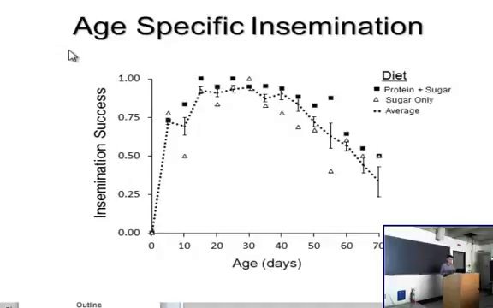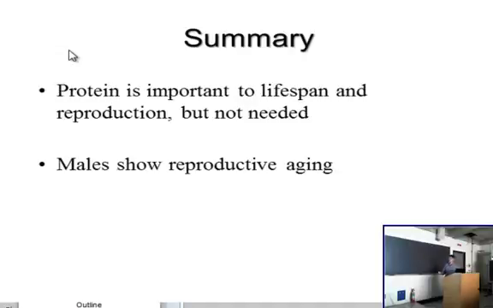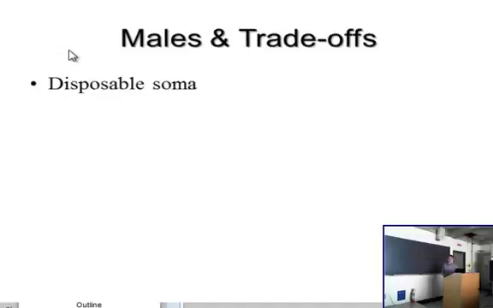So, in summary for this portion, protein is very important to maximizing lifespan, but it's not needed for reproduction. And there's clear evidence for reproductive senescence, which is an exciting result, and hopefully this drives more research into figuring out what males are doing with reproductive effort throughout the entire lifespan. Since the disposable soma hypothesis isn't supported by the male Tephritids, I was interested in seeing